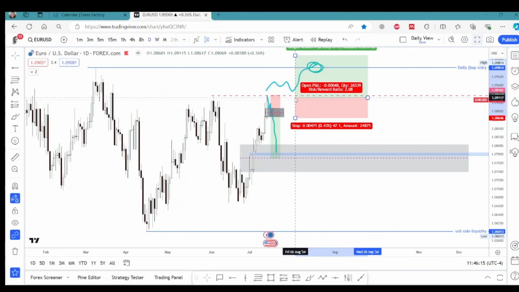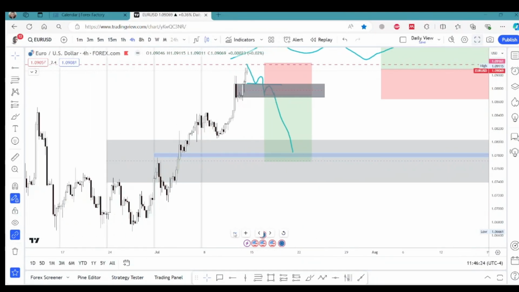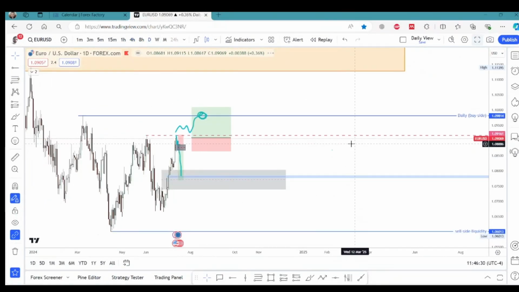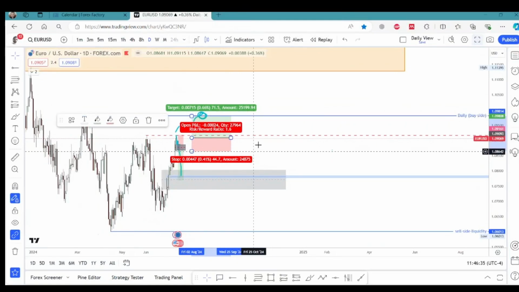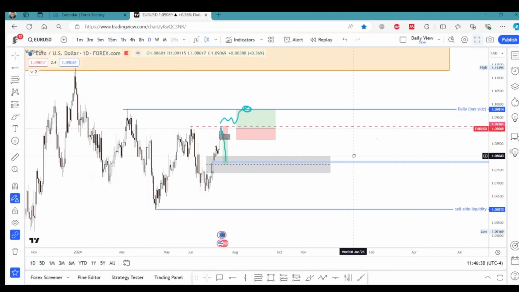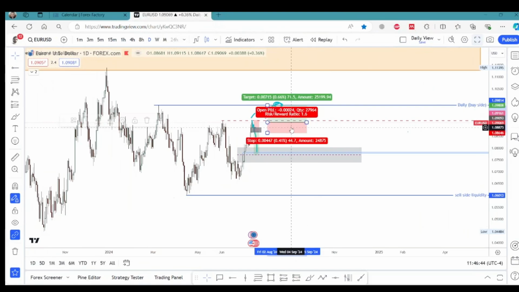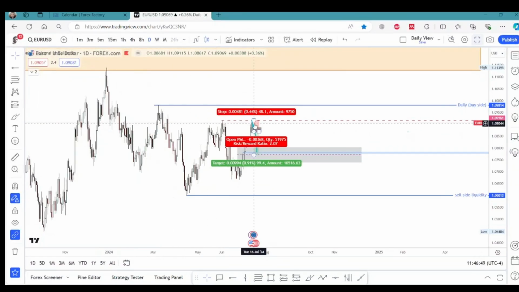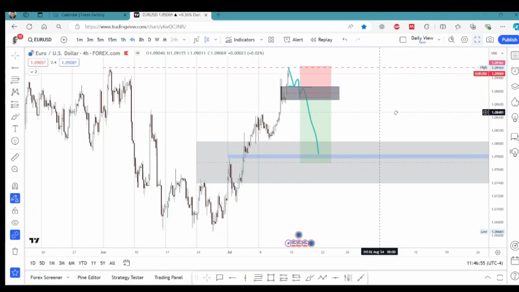some long, probably from this area, and this is an order block on the 4 hour that I will probably be placing our long SL under, and then we'll be looking for this high to be taken, as a 1.6 trade, but let's see what happens. But this is not the likely scenario as far as I'm concerned. As far as I'm thinking, the most likely thing that is going to happen is we're going to get a short next week, and this is the scenario that I'm looking for exactly.